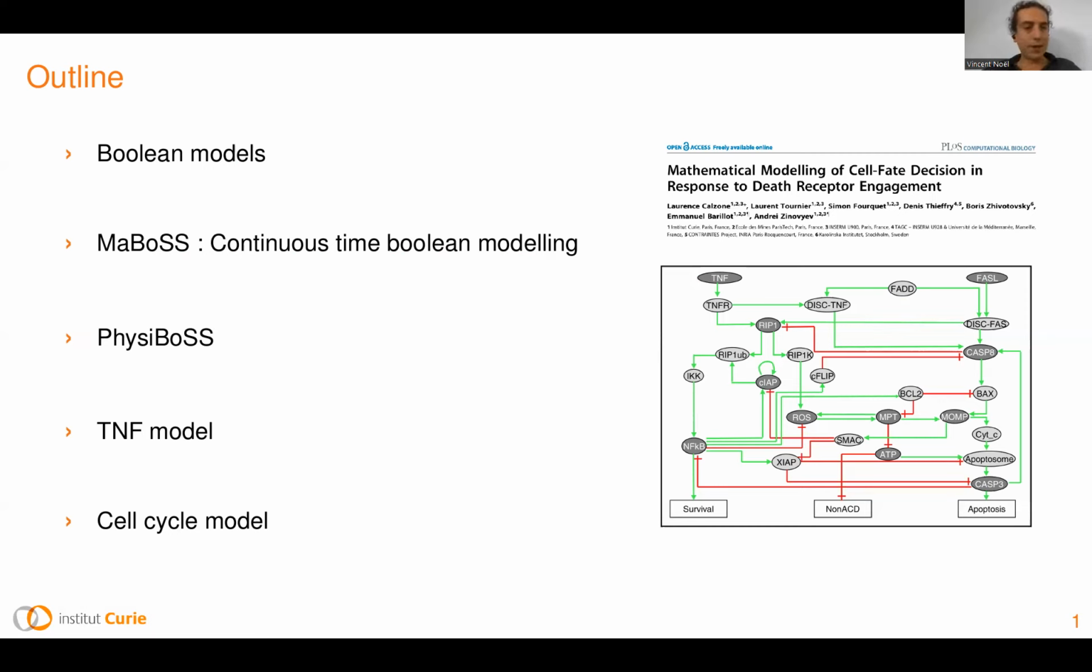Then I will dive into the real examples of this cell fate decision model with the TNF model. This model is mainly controlled by two input nodes, one being TNF, which is the tumor necrosis factor, which will basically decide the fate of the cells